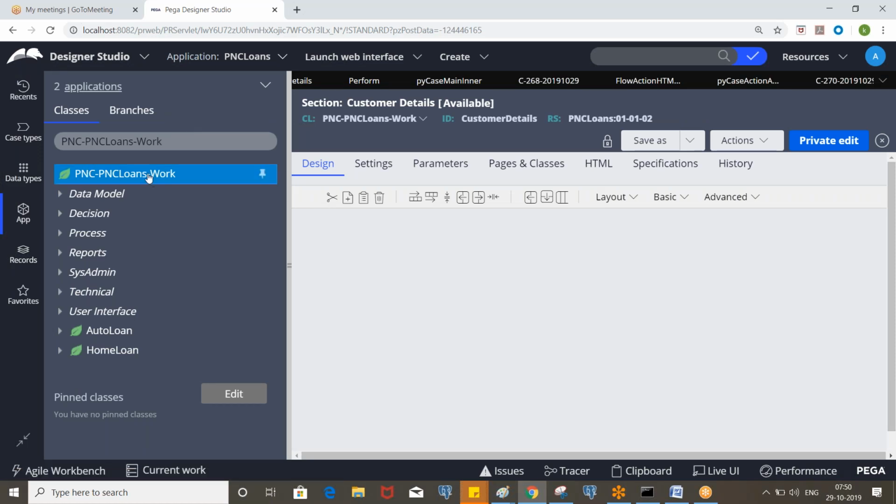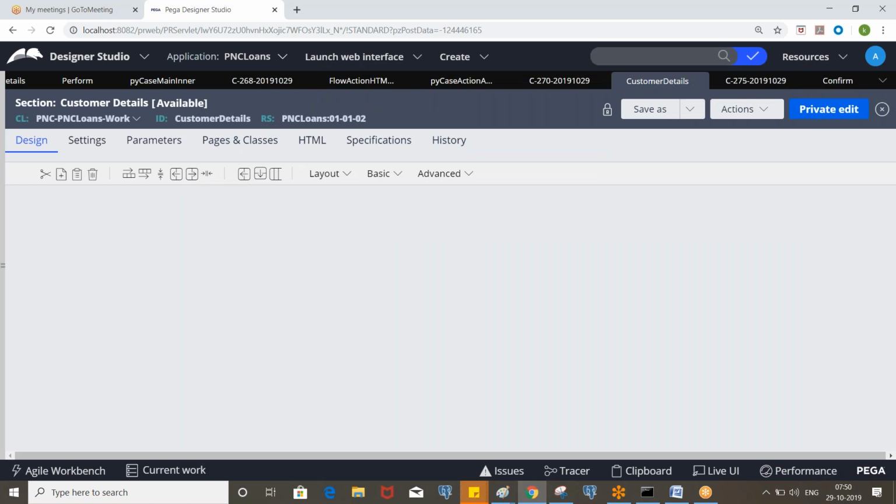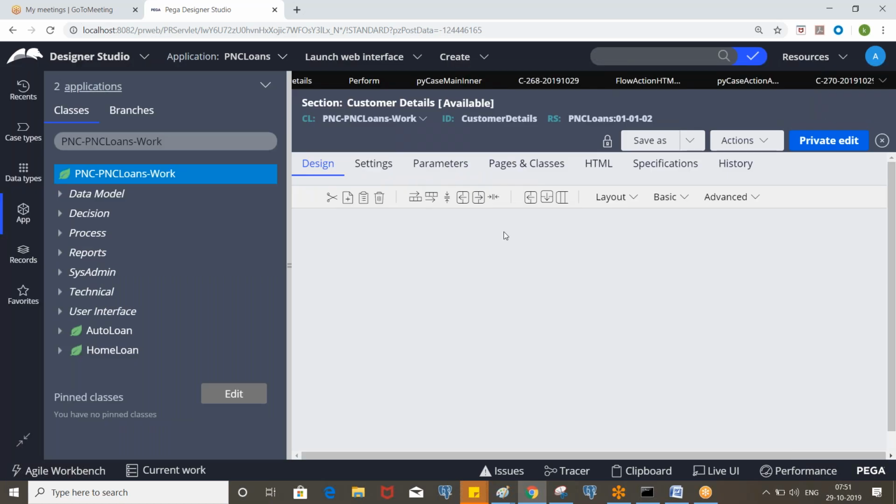If you look at auto loan or home loan, we have multiple assignments: borrower details, loan details, auto loan details, assets and liabilities, etc. From a real time perspective, it is not like one operator performs borrower details and some other operator performs loan details.